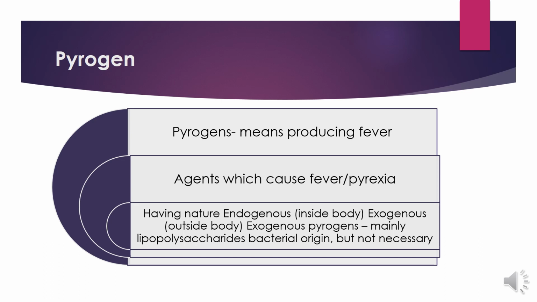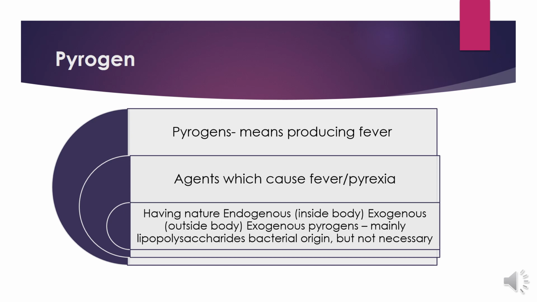They can be endogenous or they can be exogenous, usually from bacteria. Mainly the source of these pyrogens are microorganisms, and among microorganisms the most important origin is the bacteria,